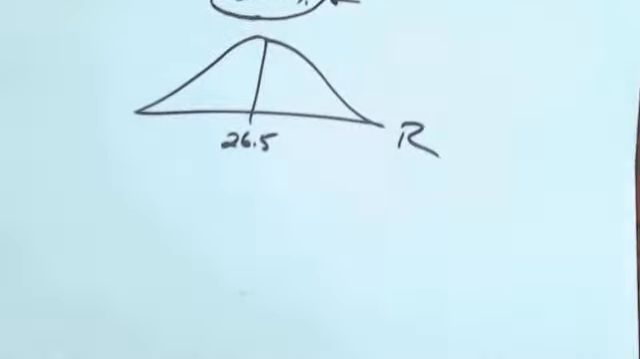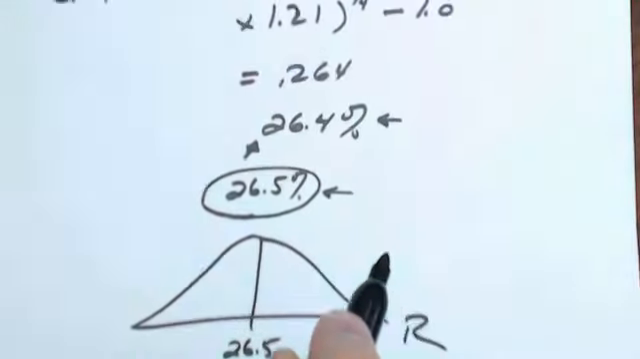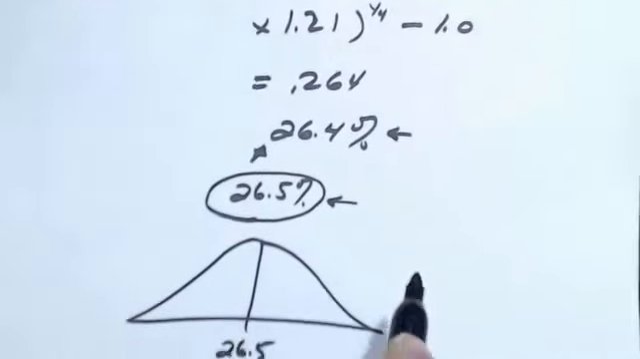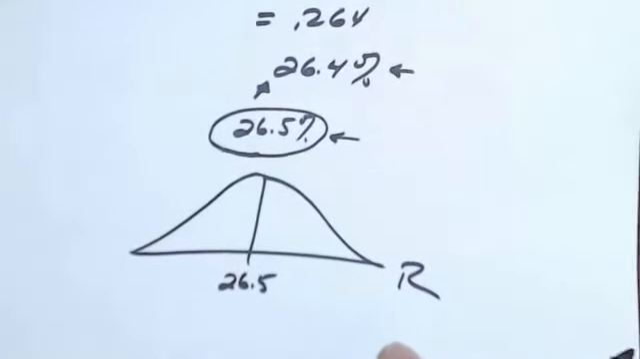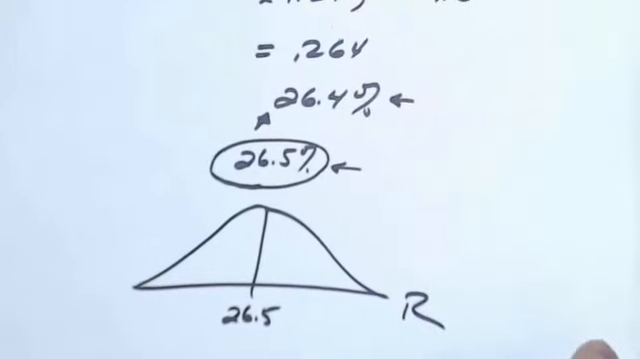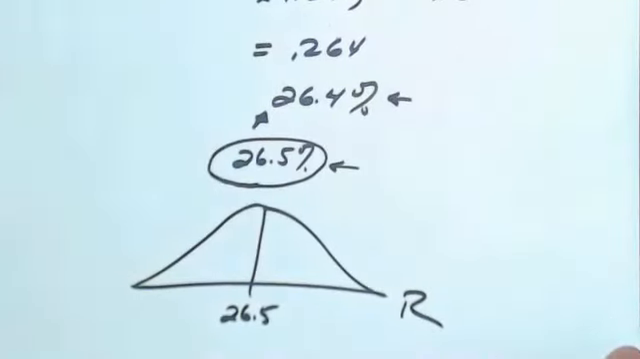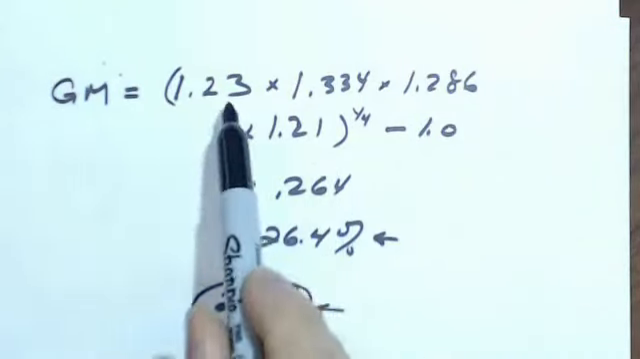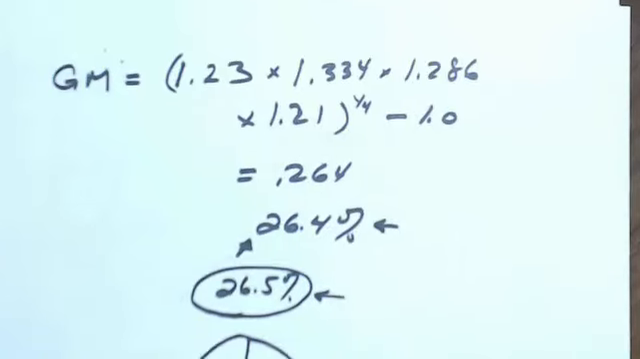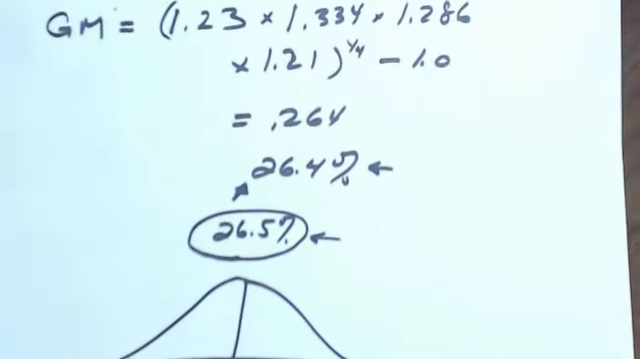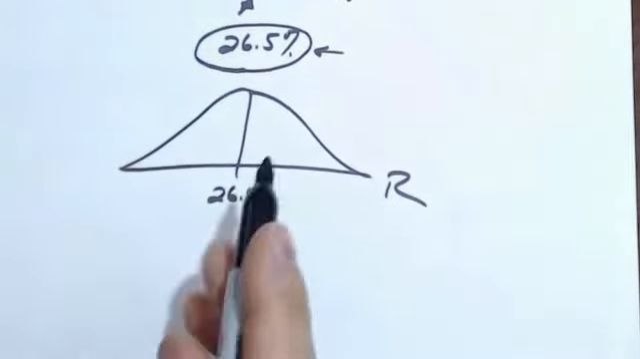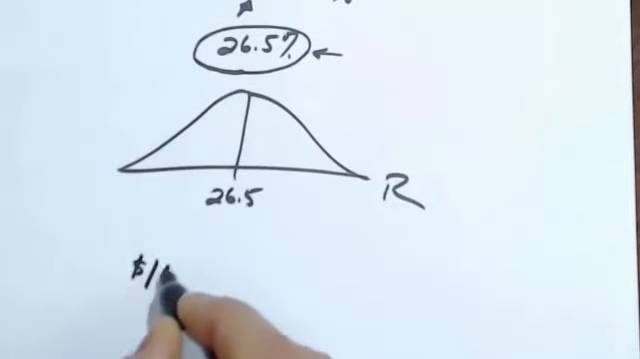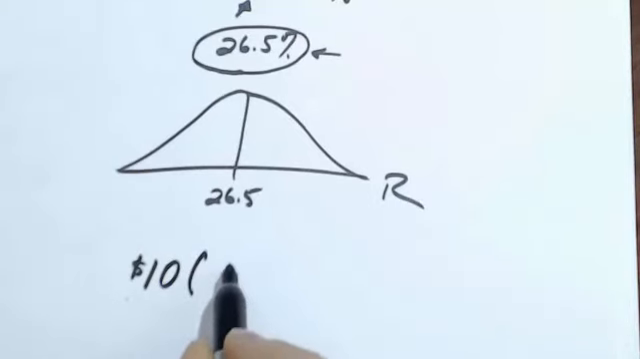Now, let me ask you this. Given the information I just presented, what if I was to invest $10 at the beginning of year 1 and hold it through year 4? How much money would I have for large company stocks? So I invest $10 in large company stocks. I earn 23%, 33%, and so on. How much money would I have at the end of year 4 using this data? Well, I got $10, and I'm going to take the average holding period return,